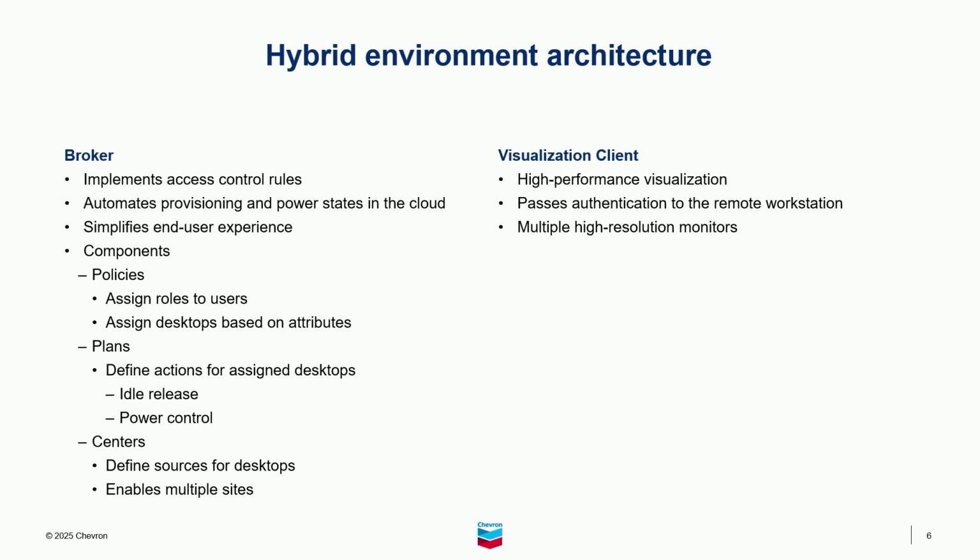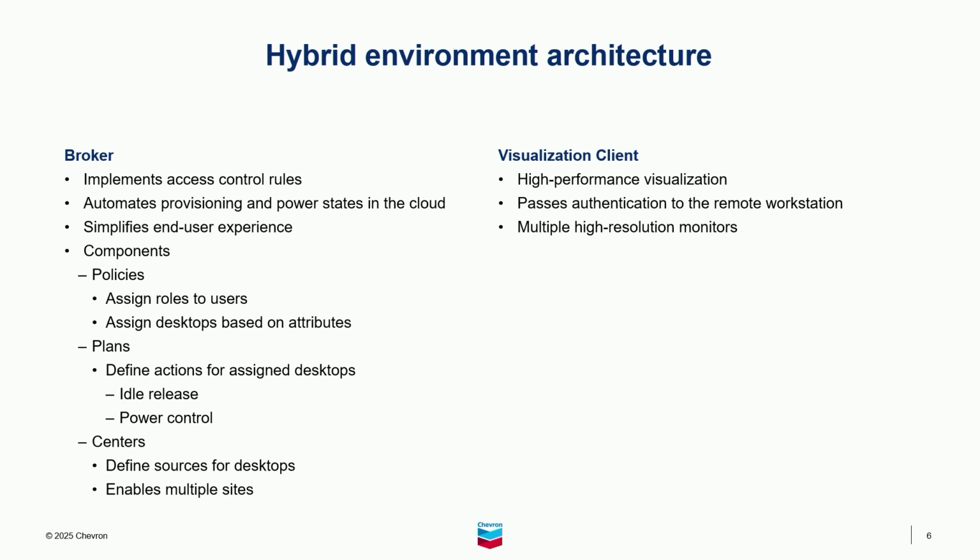And then for the broker or the visualization client piece of this, we chose to move off of RDS because we wanted to do something with better performance, and we chose Mech9 TGX because it's a good high-performance visualization tool and can support multiple monitors over fairly low bandwidth connections, more so than RGS could at the time. But one of the main reasons that we chose it was because it can pair well with LeoStream in doing